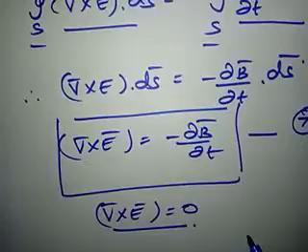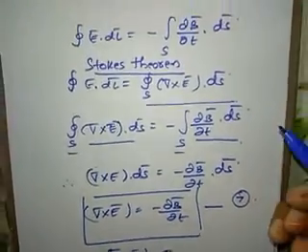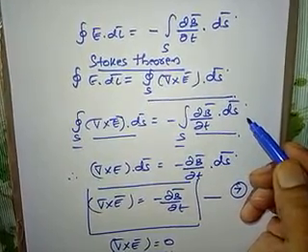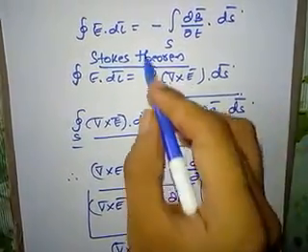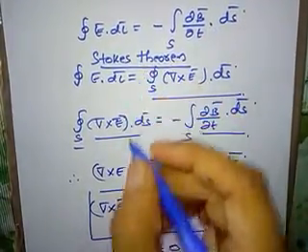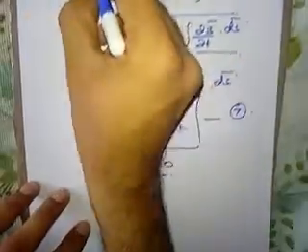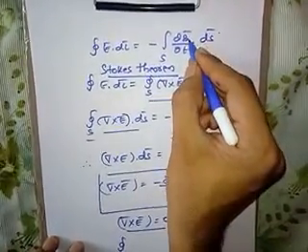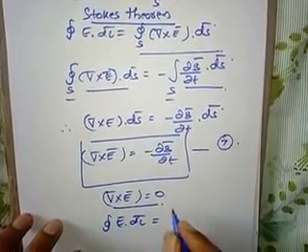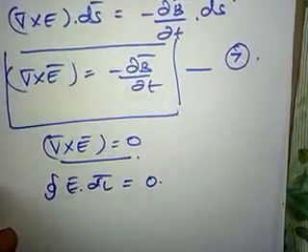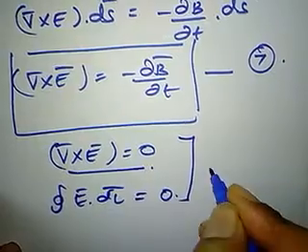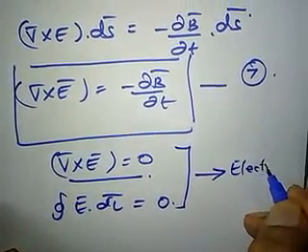Then in the equation for E bar dot dl bar, the basic equation that we considered, if we substitute again, B bar is constant, so the integral will be 0. Dou B bar by dou t will be 0 because B bar is constant. So we get the closed integral of E bar dot dl bar equal to 0. What it indicates is that we are getting the conditions for the electrostatic fields.